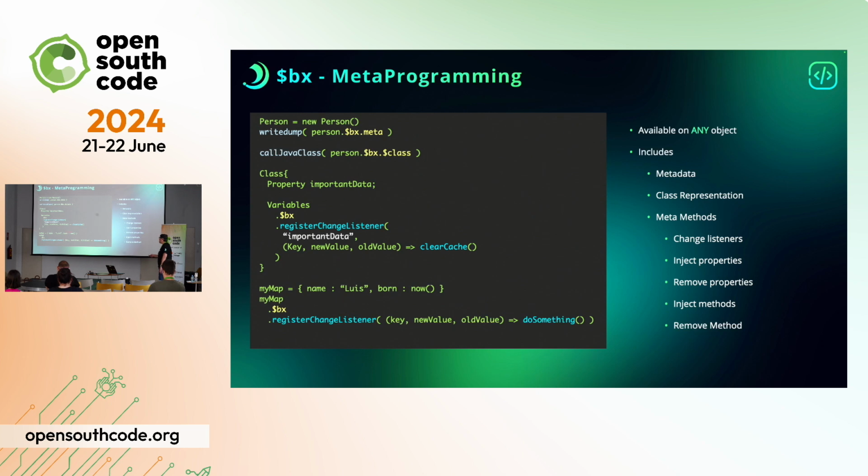You can register change listeners for pretty much every object in a language. Here's another map. I've declared a structure here called my map. I can also register a change listener, but this time around, I didn't give it a key. I said, I want to listen to every key. And right there, I have a listener now listening to every key that you input, remove, or modify in this map. Okay. So metaprogramming is first class in the language.